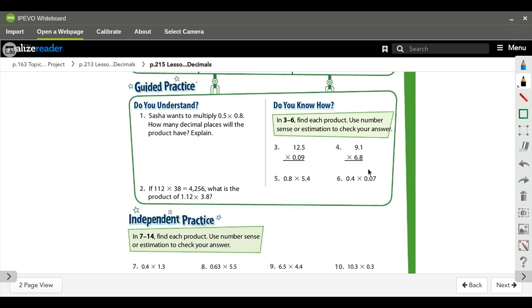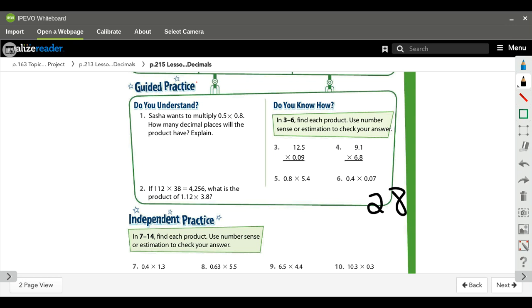All right, my last problem, I'm actually not even going to set up using the standard algorithm. I'm going to use place value to work on this. So I'm just going to do 4 times 7, and I get 28, because it's a basic multiplication fact, and then I don't want to have to worry about placeholders. So I have 28, but if I look here, I should have 1, 2, 3 numbers behind the decimal. So if I start over here in my ones place, which is behind the 8, and go 1, 2,